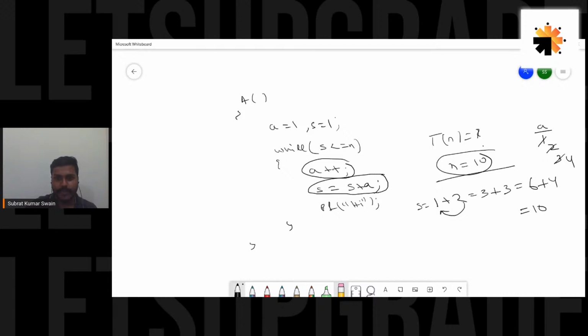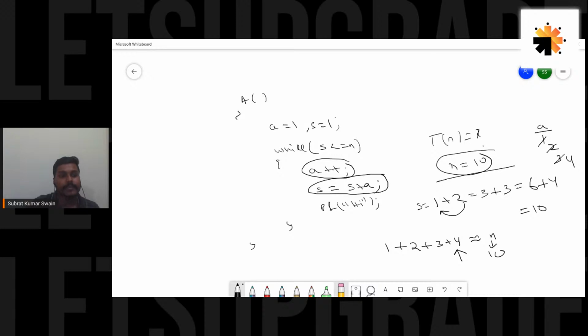So basically what we have done here is 1 plus 2 plus 3 plus 4, and we reach the value of n, which is nothing but 10. You can see here at the fourth step, when we added 4, we reached the end of the loop. So this loop will run 4 times. But we are not taking n value as 10 here, right? We have to think about a larger set. We have to write it in order of n.